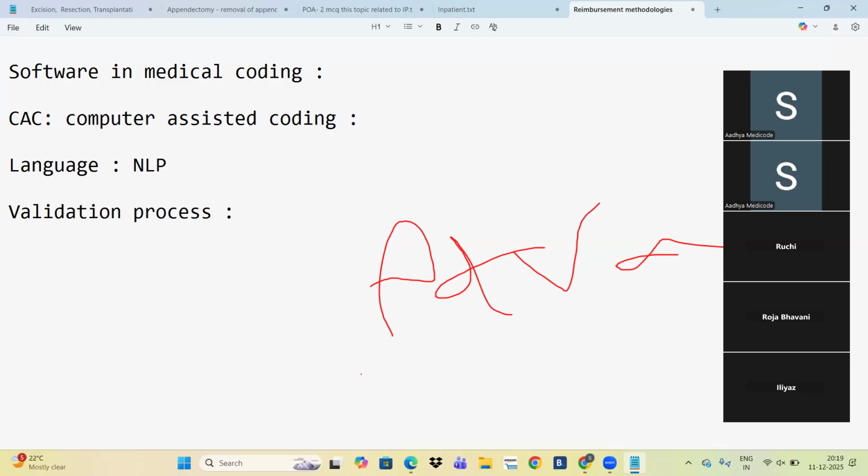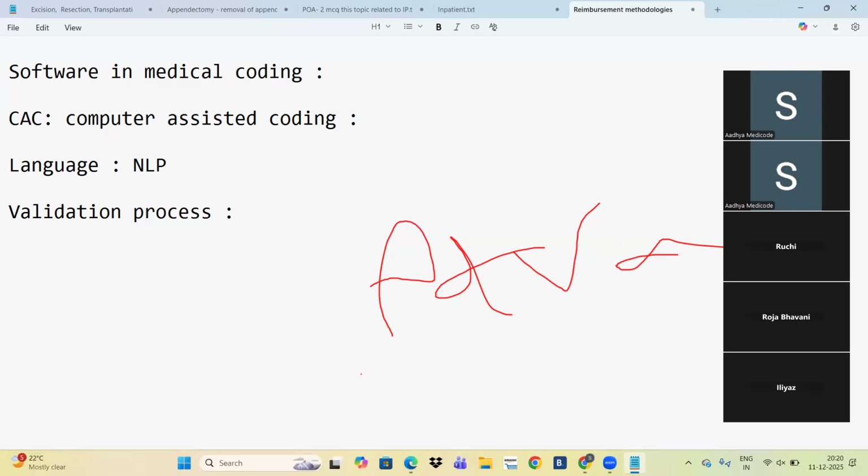As per the specificity. So you will get question like CAC suggested unspecified diagnosis and document have more specificity, how you will code? We need to go with as per the documentation and highest specificity. Do not select by default CAC auto suggested codes. All codes we need to cross check and validate that code should be acceptable or not. That procedure should be acceptable or not. If any diagnosis or procedure missed by CAC, we need to code manually.